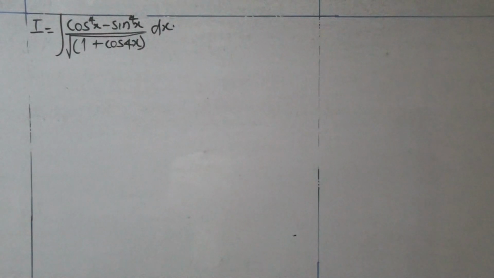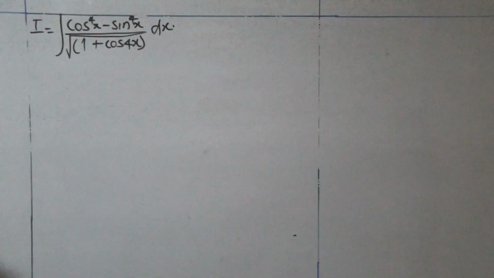In this virtual class, essentially we're going to look at this integral function before us: the integral of cos to the power of 4x minus sine to the power of 4x, divided by the square root of open bracket 1 plus cos 4x, close bracket, dx. Here, let's see how we can